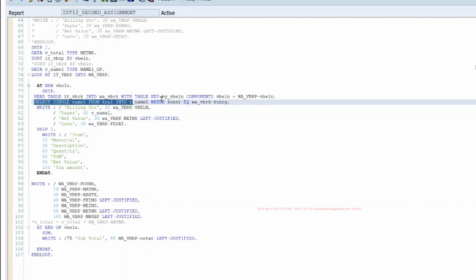But this is not the good way of doing it, because you are executing a select in the loop. So if you're processing, let's say, 10,000 documents, then your select is going to get executed 10,000 times. And that is not a good thing from a performance point of view. So we always avoid writing selects within a loop. So always avoid having database access within a loop. Okay. Try to hit the database once, get all the data you need, and then locally process that data. So that's a good way of writing the code.